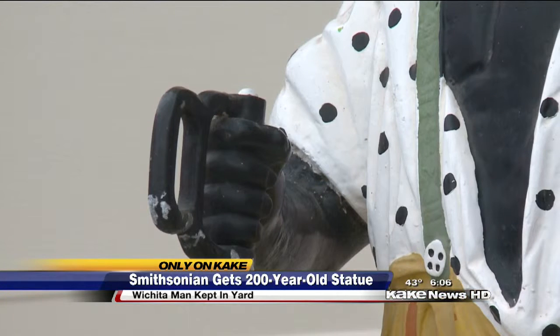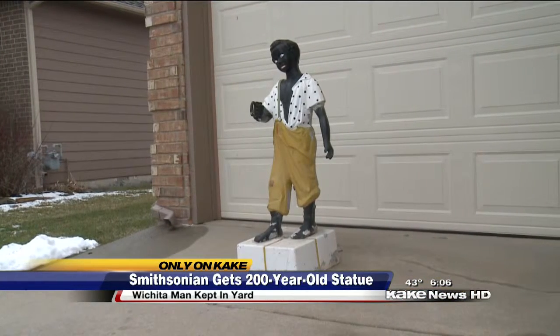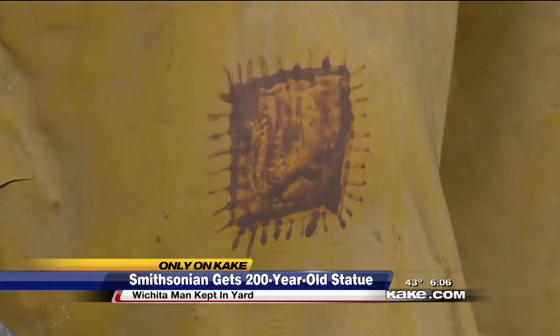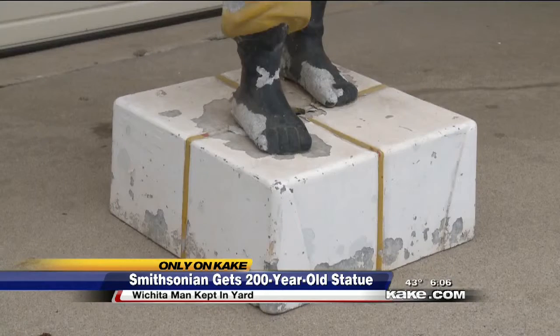At nearly 200 years old, this statue has traveled around quite a bit. Made in Vermont, it sat on a Georgia plantation until the Air Force took over its land. And at that point in time, he was going to be scrapped and he was saved. Bill bought the 200-pound statue. His goal was eventually to donate it to a museum back in Georgia, but a couple years ago, he received